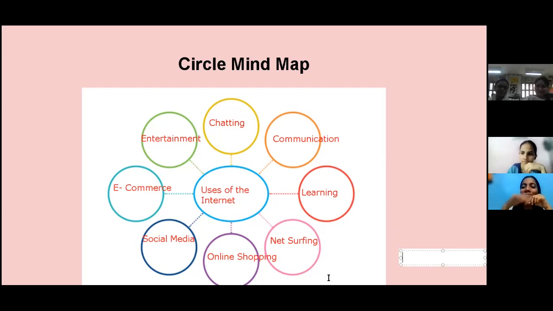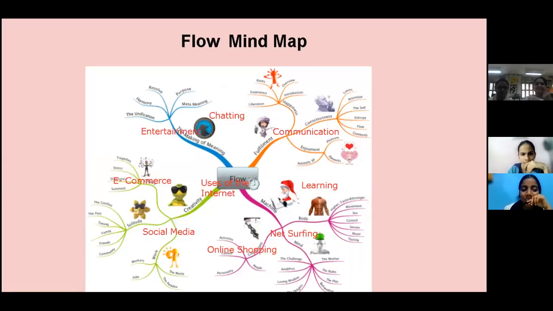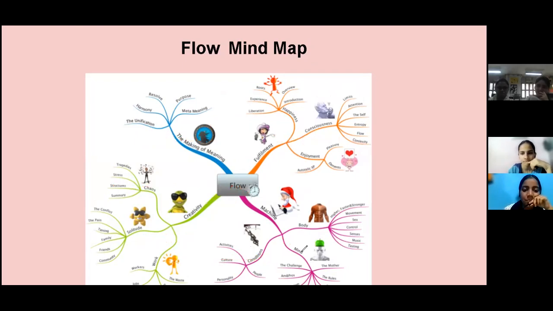So next, what we will do is we'll go to the next part. No, before this we have this flow. Now, can you see this is a flow mind map? I'll just erase this. Now, if you check this flow mind map, you can see there is a flow for it. Flow for it means what? This mind map, is it about life? Yes or no? It's about life. The making of meaning in life.